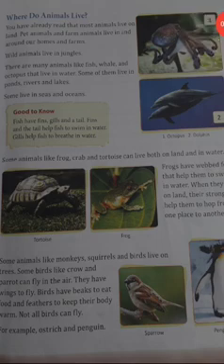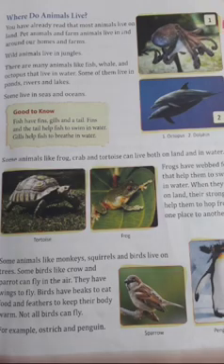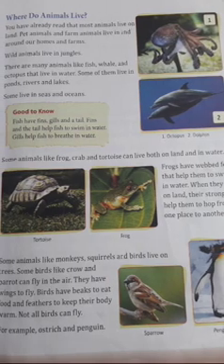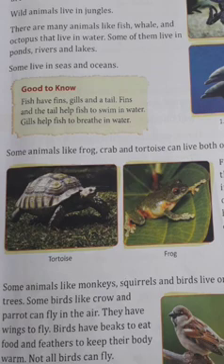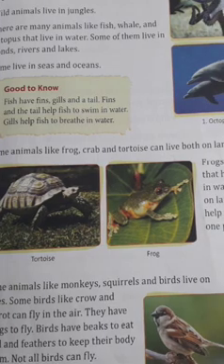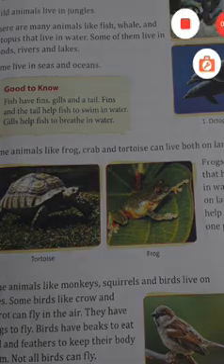Wild animals live in the jungle. There are many animals like fish, whale and octopus that live in water, and some live in ponds, rivers and lake. Some live in seas and oceans.